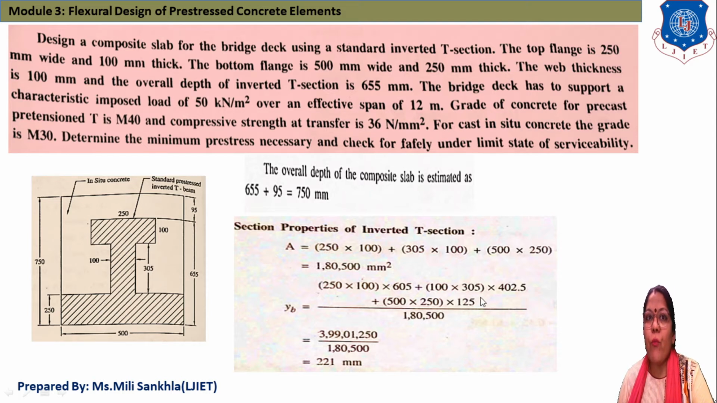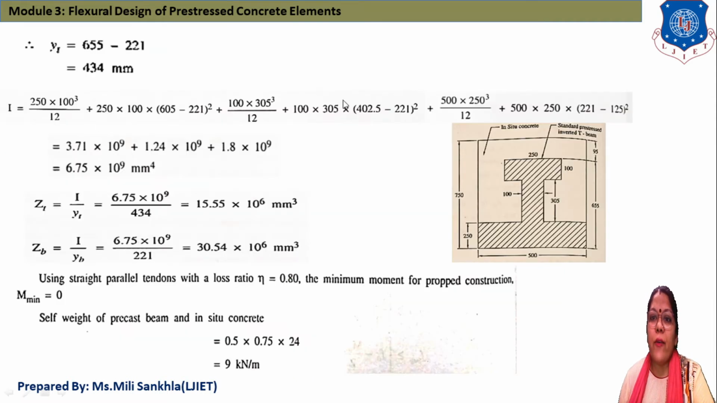Okay, and from the bottom 250, then 305 by 2, and the third one 500 into 250 and 250 by 2, and the answer is 221 mm. Okay, here we find out the bottom fiber. Now we find out the top fiber. Then YT is equal to total depth, that is 655, minus YB that we recently found, 221, and the answer